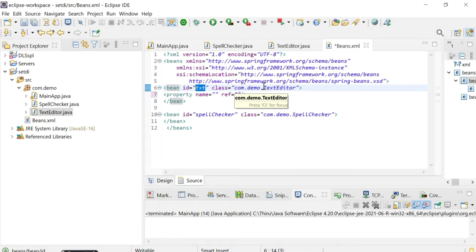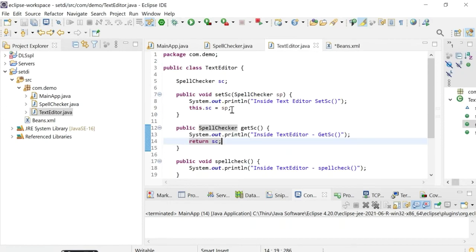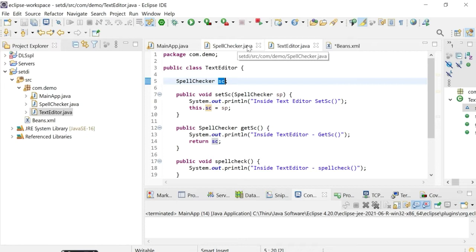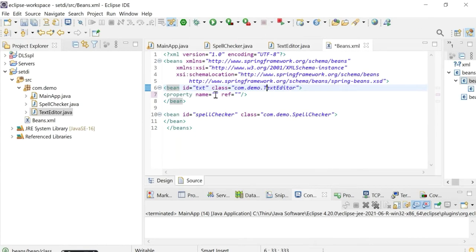The text editor has a reference variable sc of spell checker. So in the name attribute, we need to give the reference variable. Since it is a reference variable, we have to use the ref attribute. If it is just a variable of any type like int or string, then you can use the value attribute.